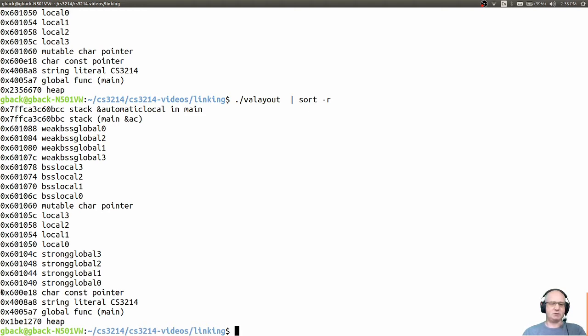Then comes the so-called read-only section, where we only had this const pointer that goes here, and this is in the 600,000 range. Then come the global variables that have an initial value. So these are the ones with global scope and these here with local scope. And this mutable char pointer also was an initialized value. After that come the so-called BSS segments. Those are the global variables that had an initial value of 0, and they are allocated separately because for those, the values do not need to be stored in the executable.